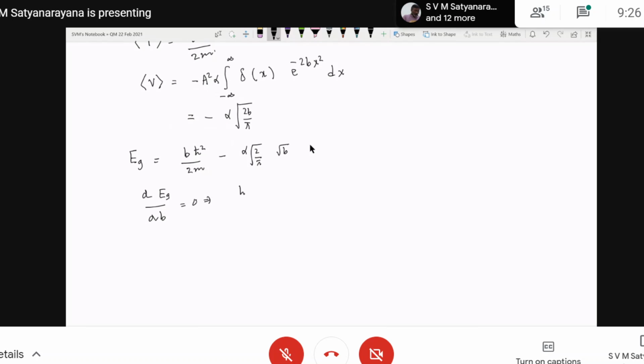That implies h bar squared by 2m minus alpha root 2 by pi into 1 by 2 root b is equal to 0. So h bar squared by 2m is equal to alpha